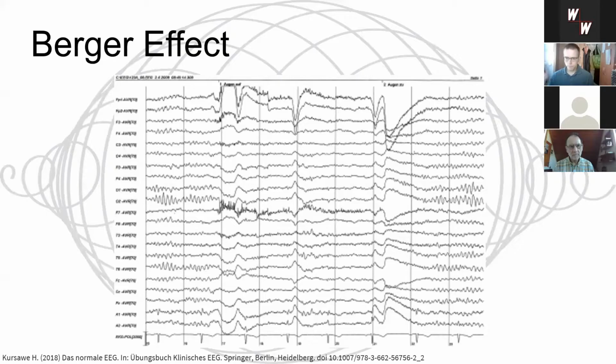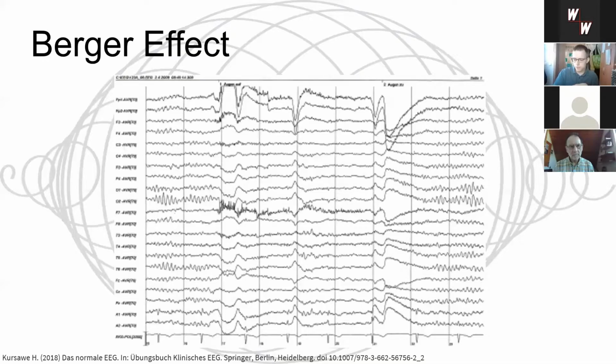And you also see quite a few eye blink artifacts. But even without the eye blink artifacts, you could tell that something is different, right? Because not the whole recording is governed anymore by this sine wave pattern. And then towards the end, the person closes her eyes again, and the sine waves come back. These waves are called alpha waves, and they have been the first brain oscillation that was actually discovered, and they are still quite prominent in research today. This is what we call the Berger effect, and this was the starting point for brain oscillation research.